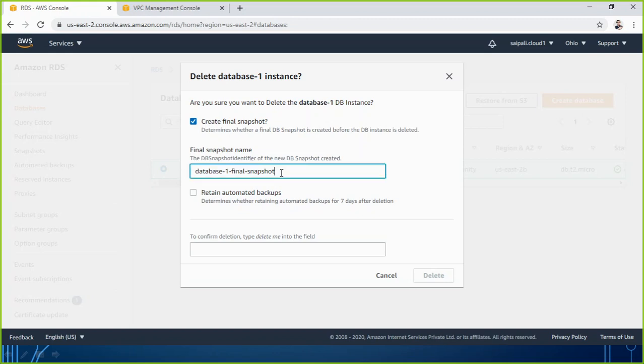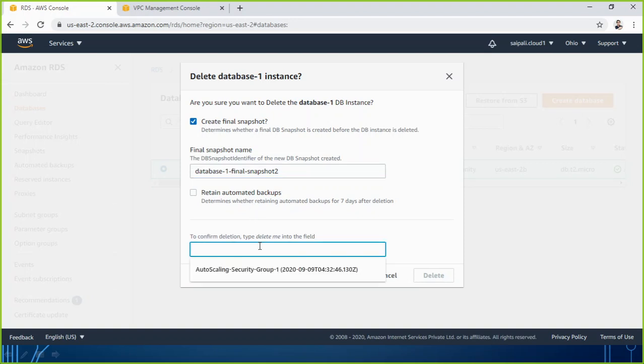Let me give another name to this snapshot so that it will delete fast. Because I created this database before also, the snapshot already had the same name. So let me use a different name, then I try.